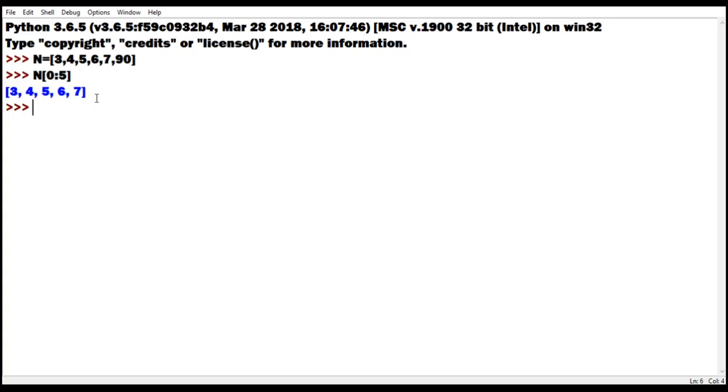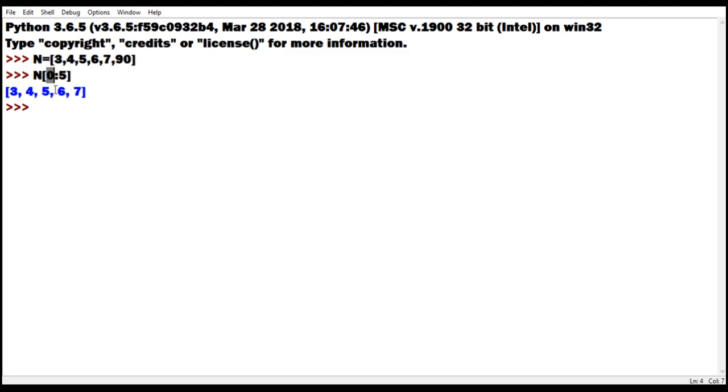We can slice the list. In slicing we give a colon, and the start value is 0. So it will start slicing, cutting the list from index number 0 till the 4th index. So 0, 1, 2, 3, 4 till 7. So this is the start value of slicing.